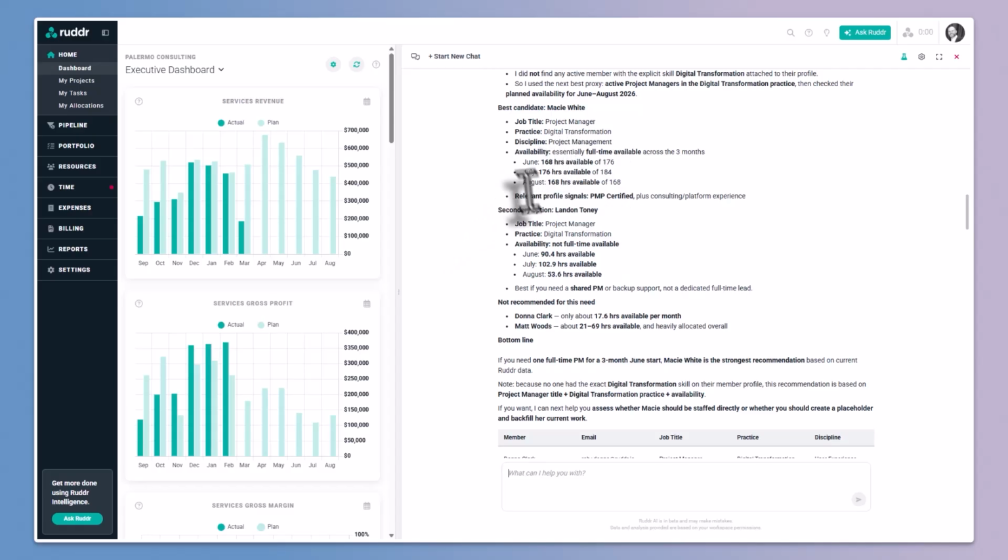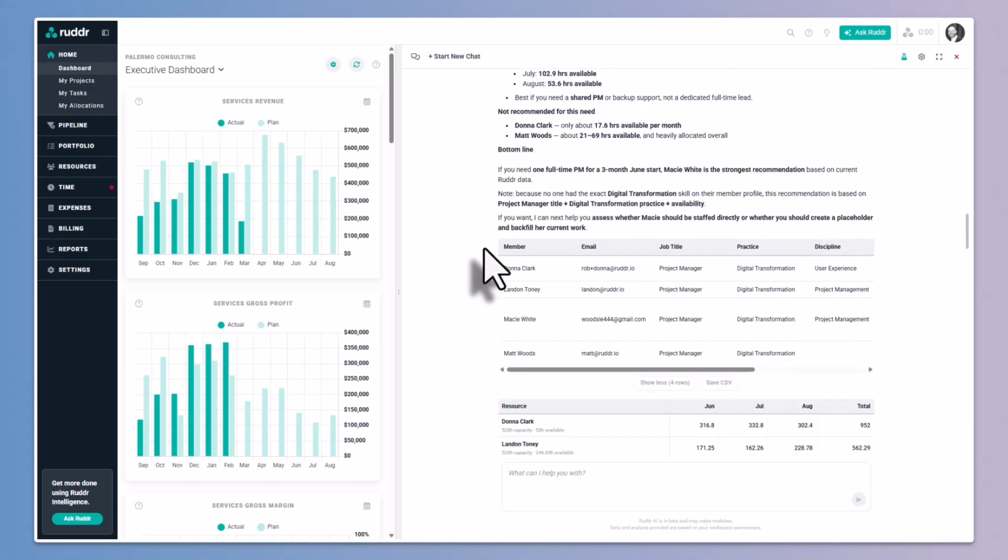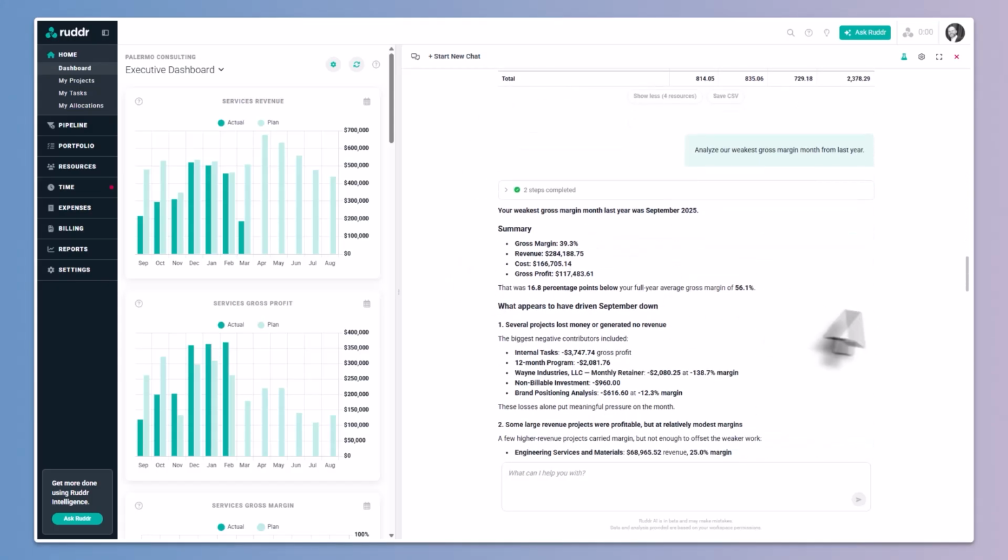And we can see their availability here. So they're available to work full-time, PMP certified, project management discipline, digital transformation practice. This is a digital transformation project. So we can see the logic that the assistant used in order to make that selection for us. Our next prompt is